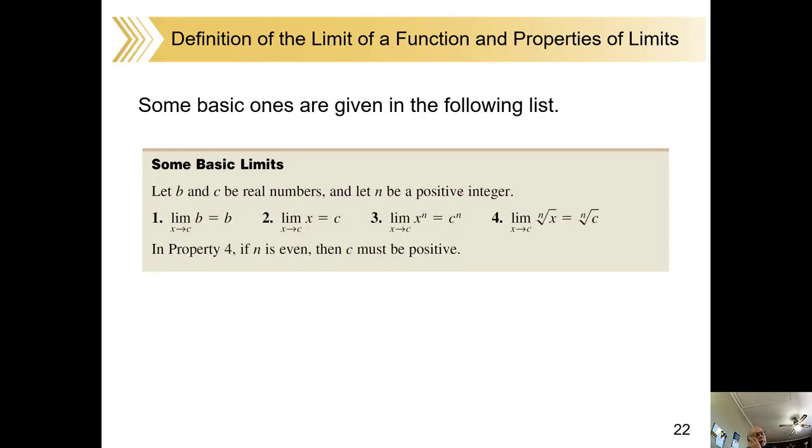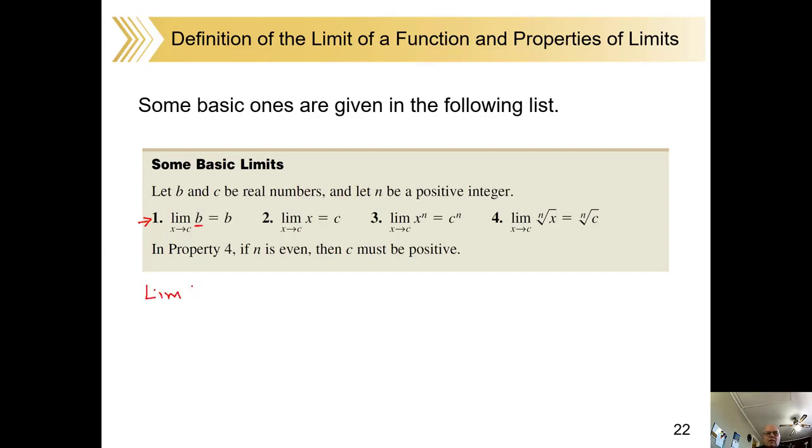Some basic properties. Now, these might look a little bit like Greek. These are the ones that actually are very, very simple. So the first one, let's take a look over here. Number 1, what is this saying? This, remember, is our function. We're talking about the limit of some function as x is sneaking up on c. You're getting closer and closer to c. Well, if this number right here, the b, is just a regular number, for example,